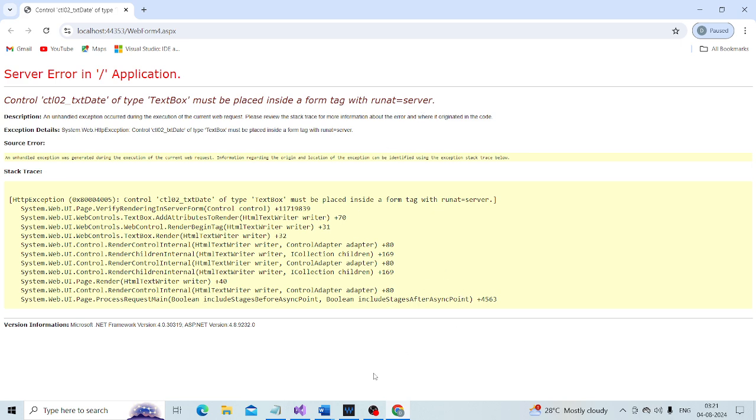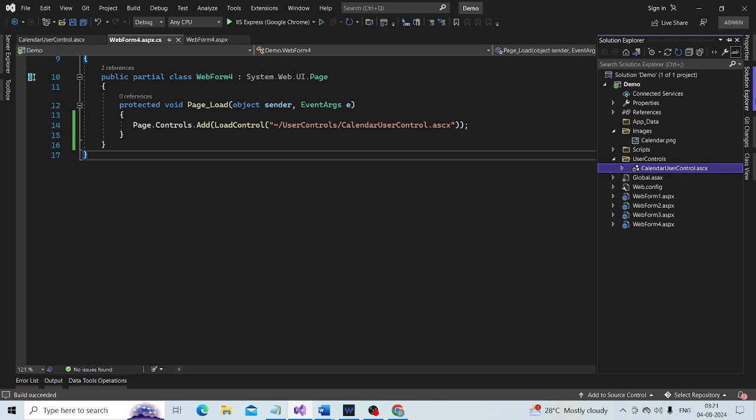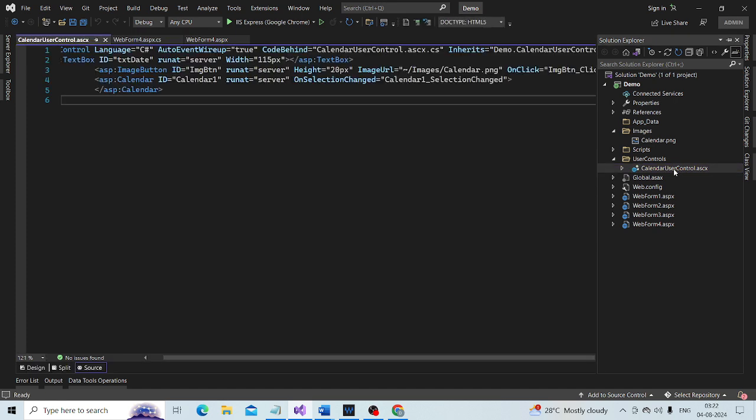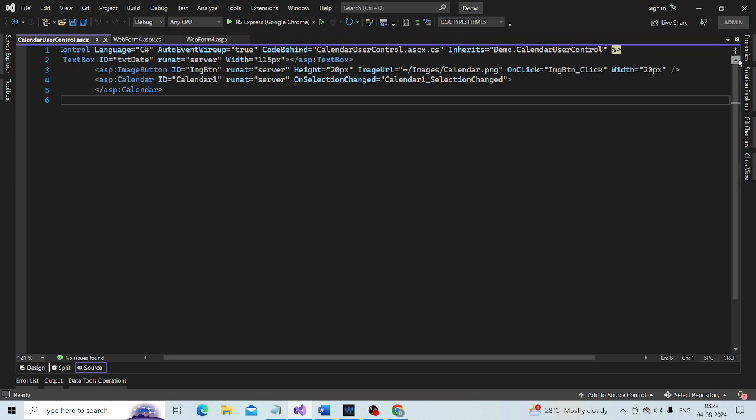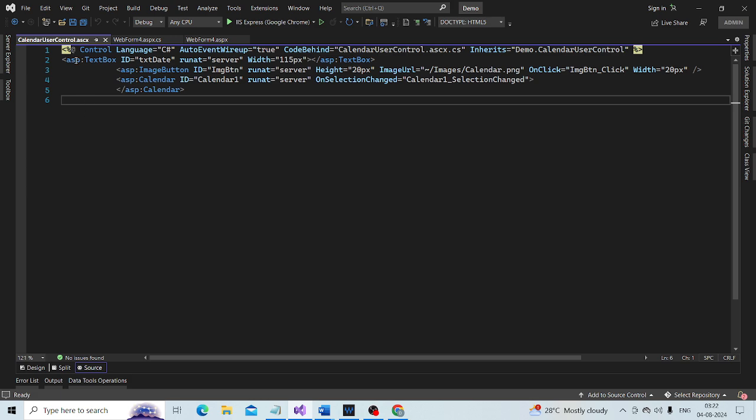If you look at this calendar user control, it has a text box inside it, which is an ASP.NET server control, and its ID is txtDate.